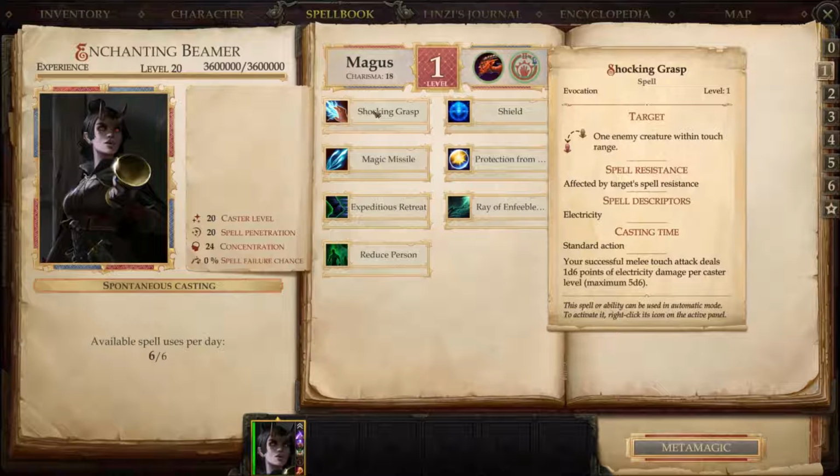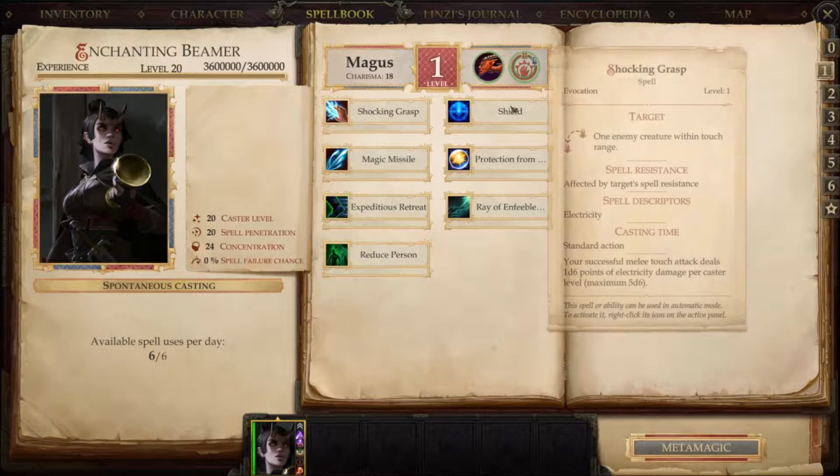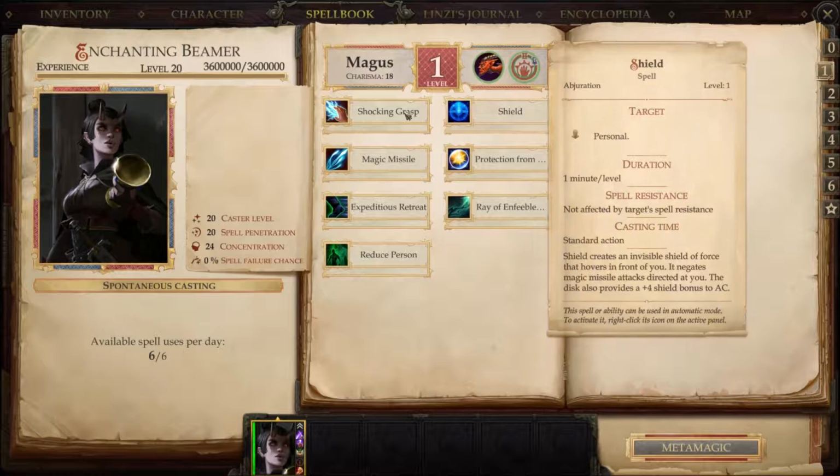So Shocking Grasp, we won't get the Corrosive Touch one, but we will get Frigid Touch and we will get Vampiric Touch. So those 3 are still going to be in the build. Shield, of course, for obvious reasons. That's my very first 2 picks. From there,